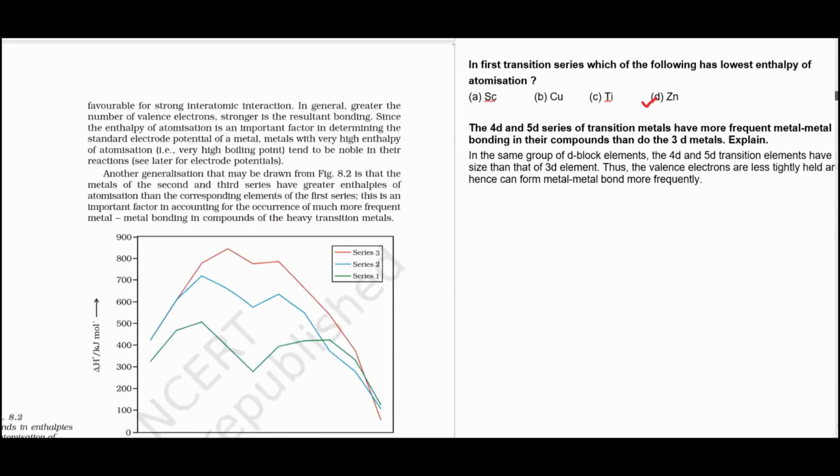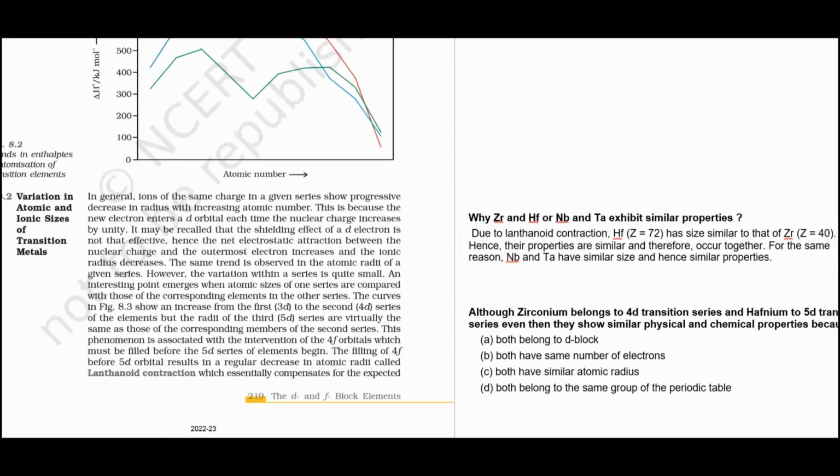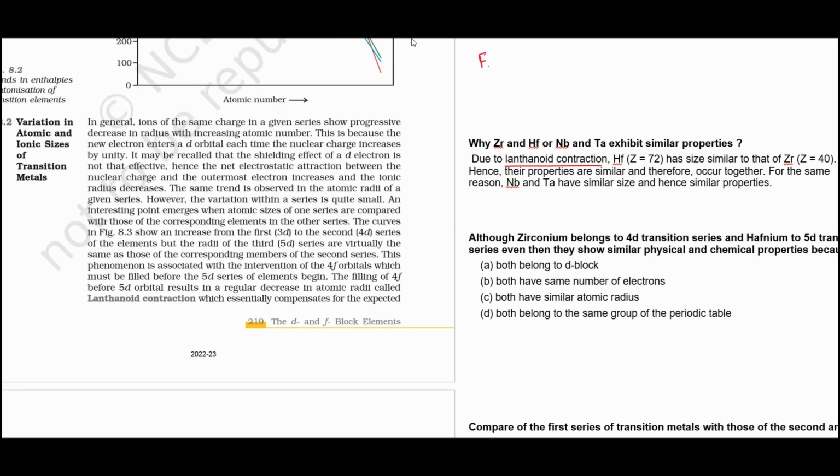4d and 5d series of transition elements, metals have more frequent metal-metal bonding in their compounds than do the 3d elements because they have larger size. Valence electrons are less tightly held and hence can form metal-metal bonds more frequently. So that's the reason. Coming to atomic and ionic sizes,